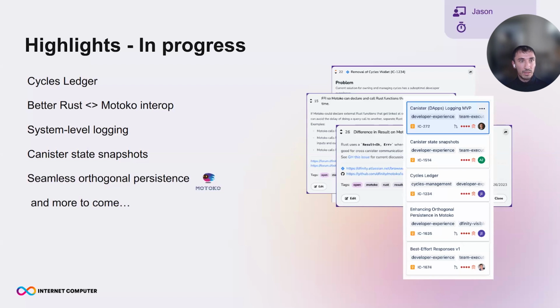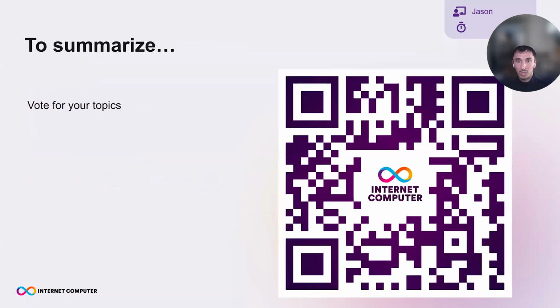Okay, then next slide, please. So to summarize, our goal is to create products that bring joy to developers, to the developer experience. So our commitment to you is to keep listening, to keep improving. And one thing that you can do to help us is to vote for the topics that you care about or create your own. There's a link here, the QR code,